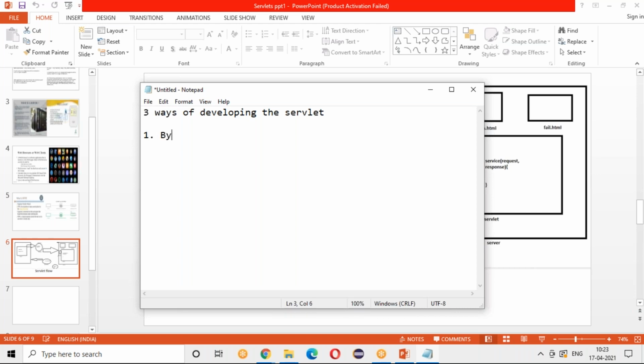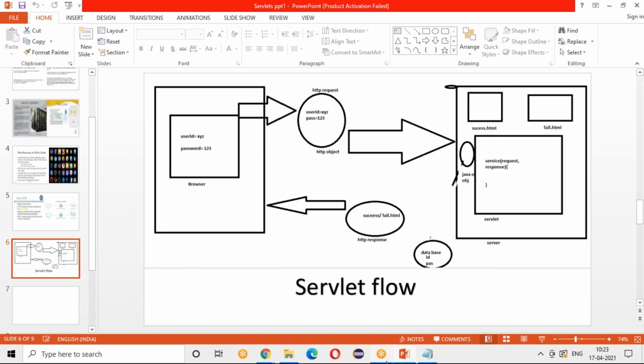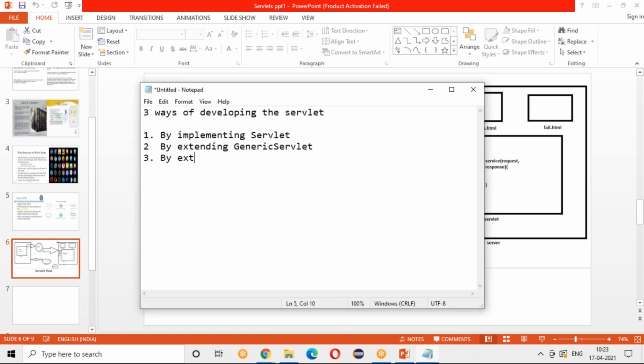One is by implementing the Servlet interface, and the second one is by extending GenericServlet, and the third way is by extending HttpServlet.